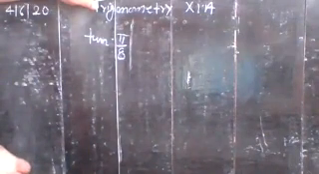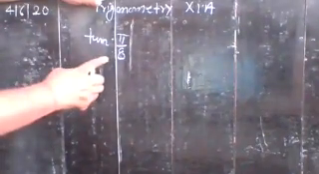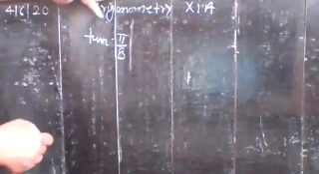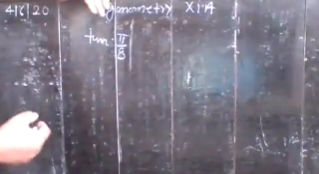If you take twice of this angle, the twice of pi by 8 is pi